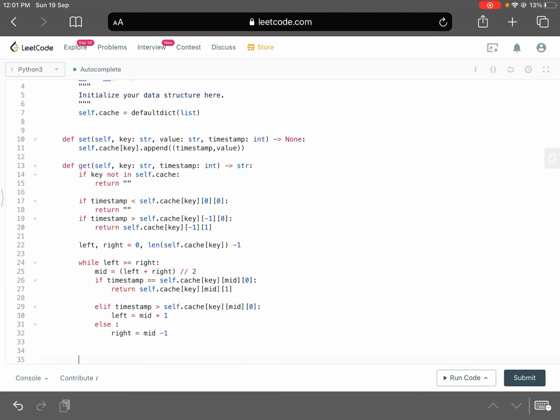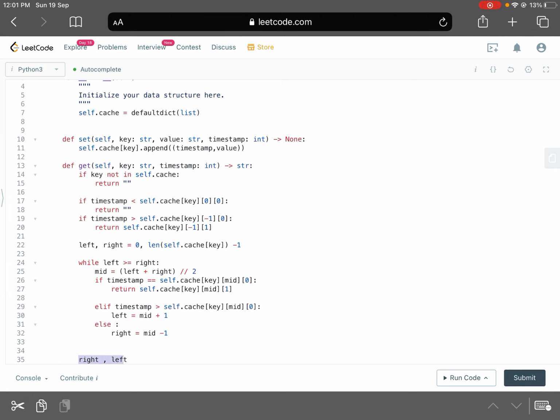Okay, so now see what will happen. There are two possibilities here. Either we would find that element, or if you don't find that element, binary search would have completed, and when it completes you would have the right pointer first and then the left pointer, in the order of ascending, right?